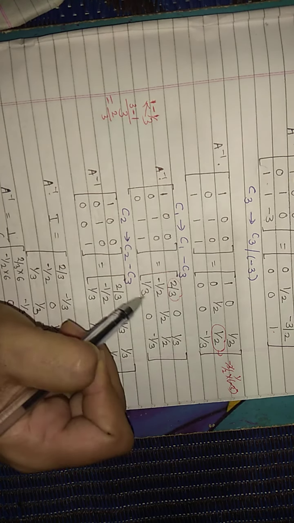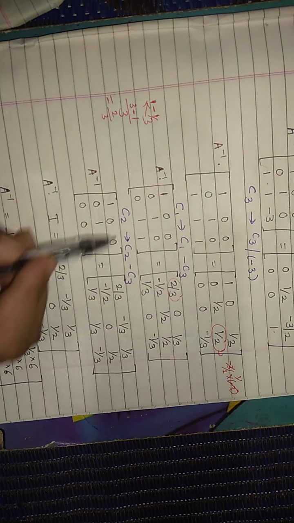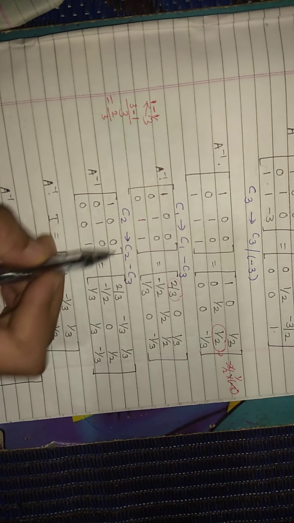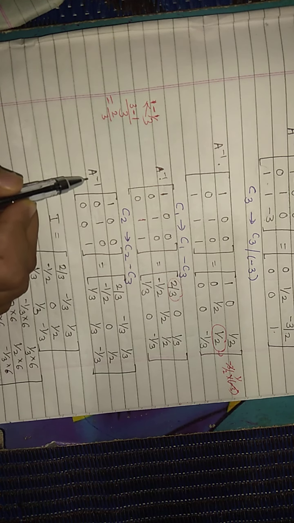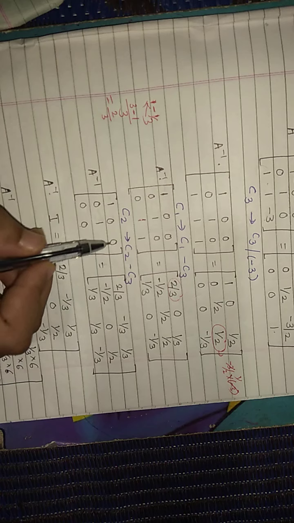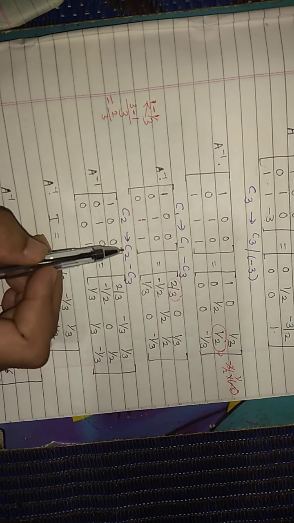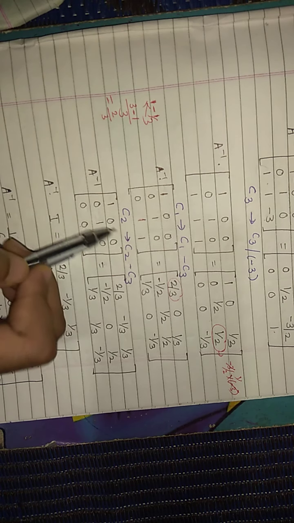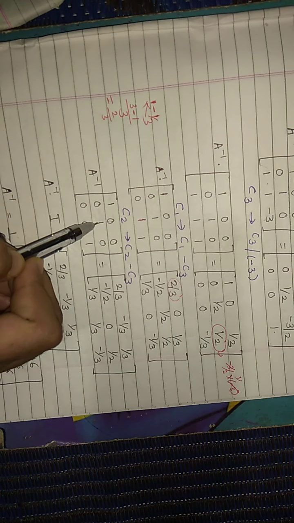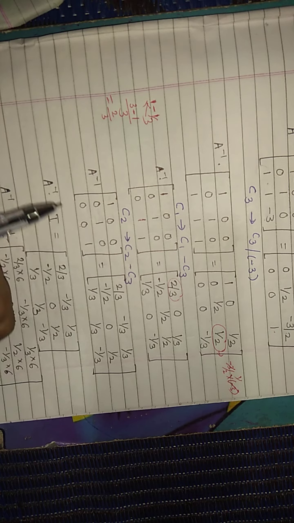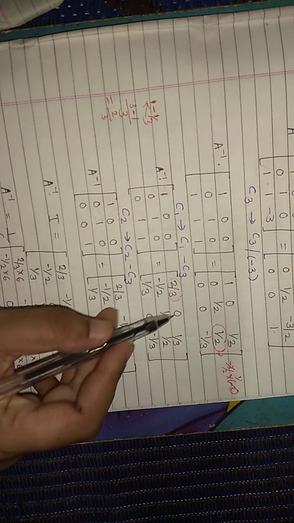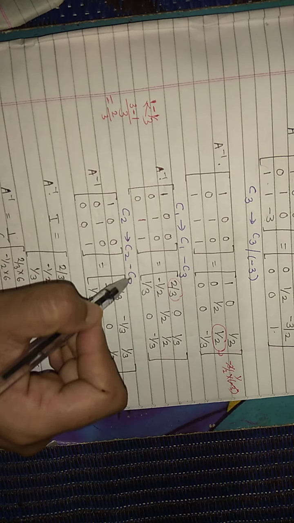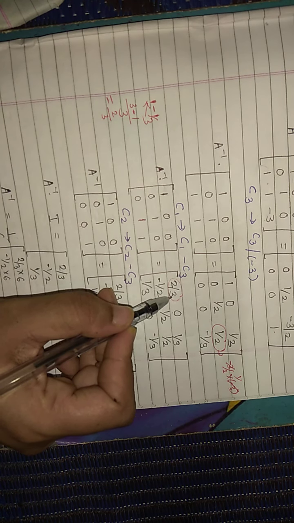So minus minus become plus. Now the C2 element is 1, we have to convert it to a 0. So we apply C2 minus C3; A inverse into first column and third column we write as it is. Next step is C2 minus C3. So 0 minus 0, 0; 1 minus 0, 1; 1 minus 1, 0. Same step we have to follow in the second column. C2, 0, minus C3, 2 upon 3.